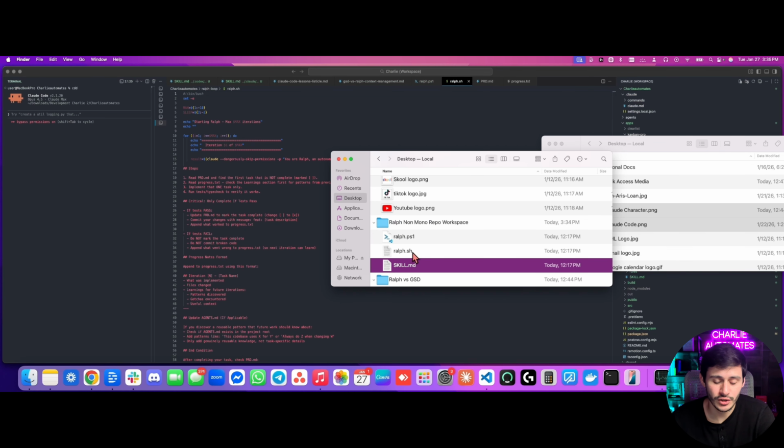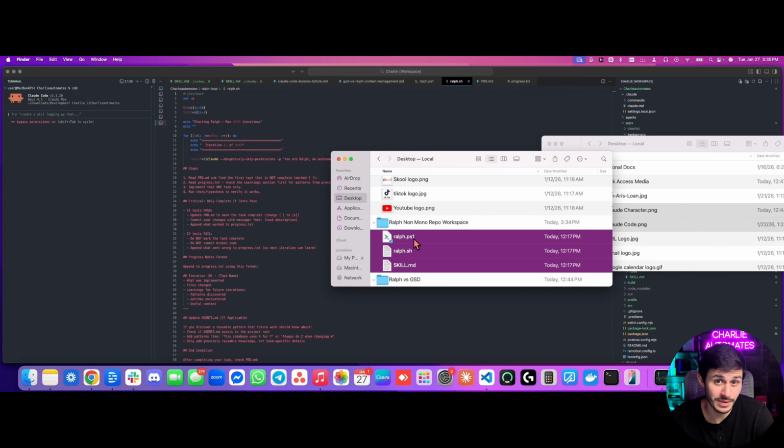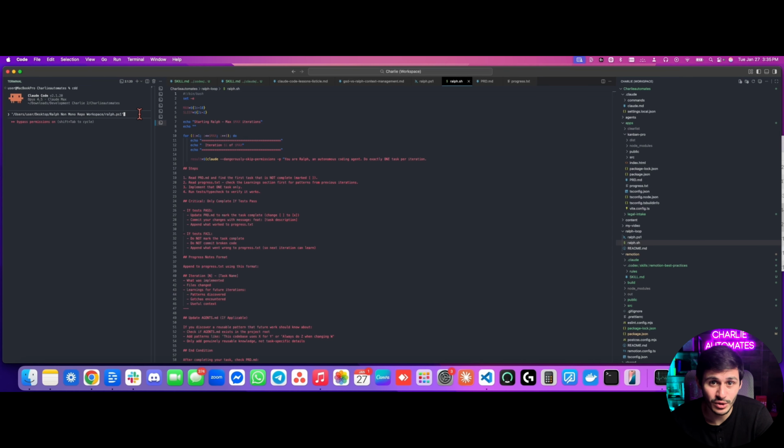And when you want to install Ralph into your workspace as a non-monorepo workspace, and this is how most people do it, you take these files, give them to Claude, and ask it to set up Ralph inside of this new workspace for you. And that's how you would just get it started. It'll download the skills. If you already have a PRD skill, you don't have to use this one. Just chat with it and tell it what you want it to use from the documents or files that you fed it. But in any case, feed it to it, ask it to install everything, and then we'll move on